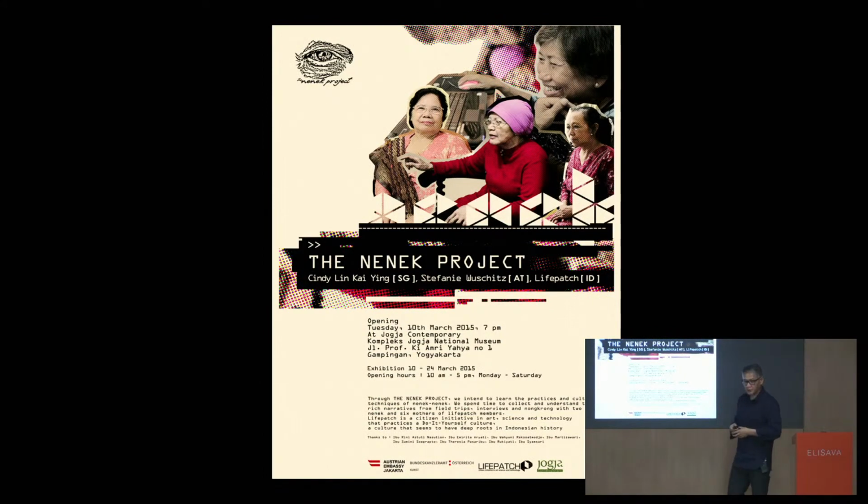In the book, I talk about the Life Patch Collective, which is based in Yogyakarta, Indonesia. Why I chose this was, first of all, it was interpreted as a do-it-yourself kind of collective. But in an Indonesian context and in a global South context, the really important notion was do it with others, not do it yourself. And do it with others meant that they did projects like, for example, understanding the toxicity of the Yogyakarta River, the bacteria and how drinkable it would be. So the non-human elements of the bacteria in the water were part of the collective. They did a lot of projects on fermentation. They were part of the collective.